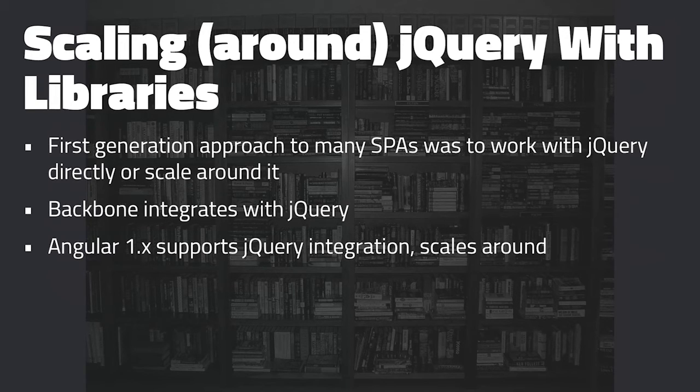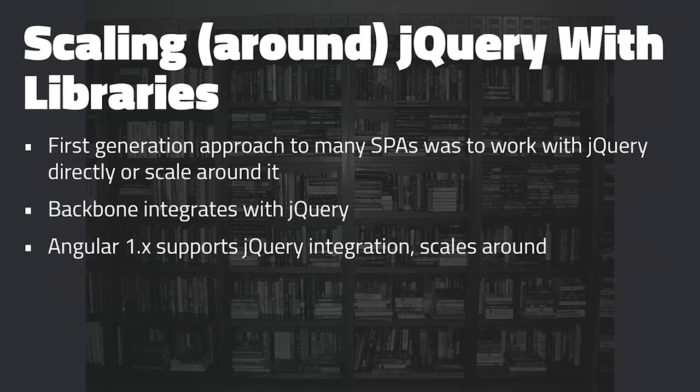And then around that time, Google, before Angular 1, and even during the Angular 1 times to this day, Google had their own library of tools that they were promoting, the Closure library, and they provided a whole bunch of wonderful widgets for page applications. And around this time, Angular 1.x came out, and it also baked jQuery into it, only in the sense that the Angular 1 guys used a really light version of jQuery, and you could plug in a heavy-duty version if you wanted, but it wasn't mandatory. And so that's kind of how Angular 1 adopted a lot of jQuery devs, by bringing them into the fold